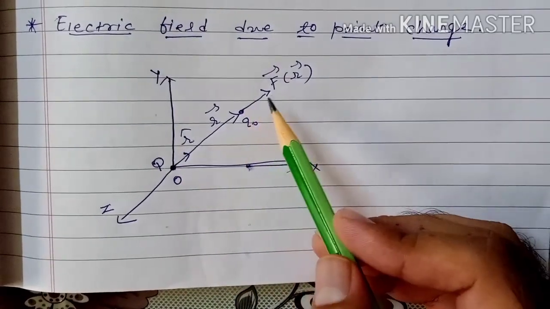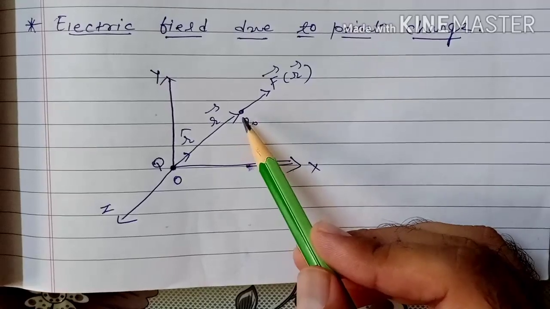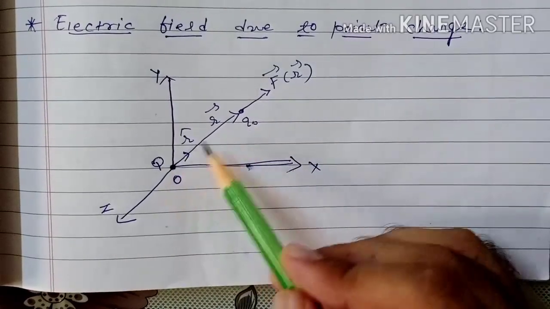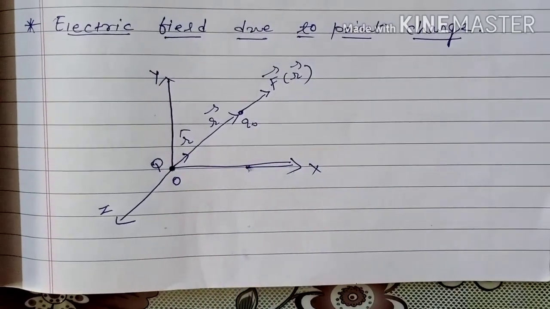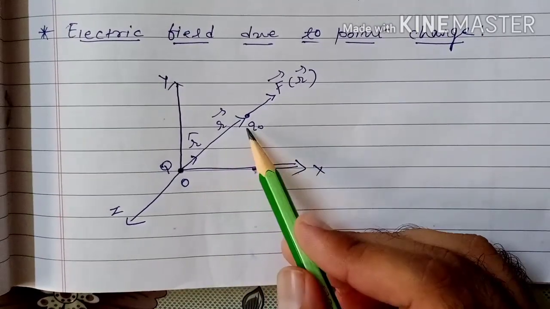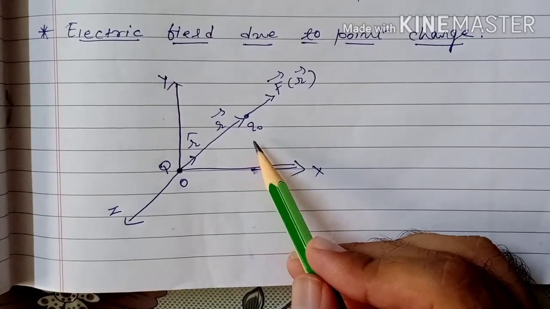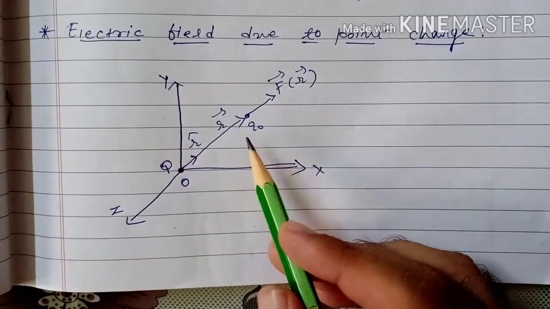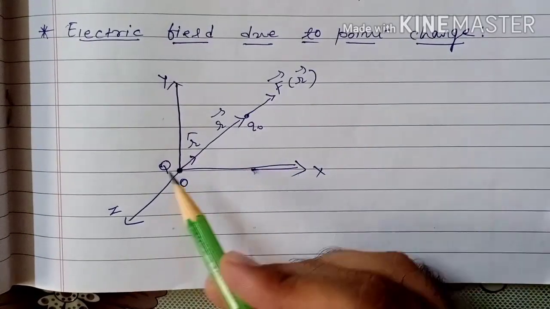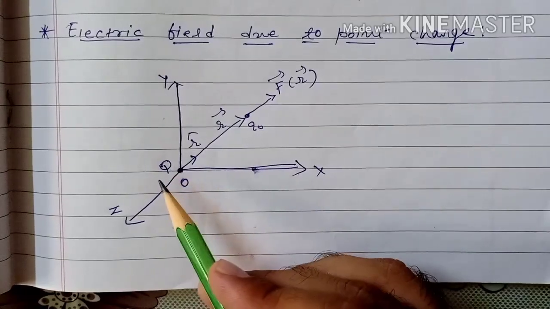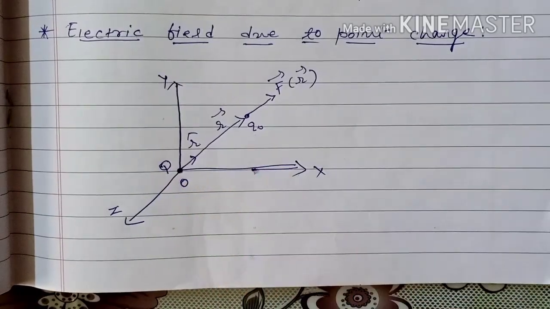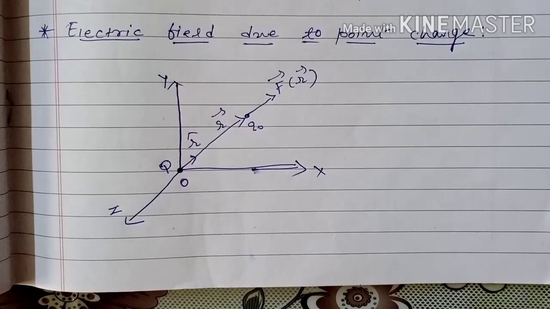So we are going to find what is the force acting on Q naught due to capital Q at a distance r. Okay. Test charge always we have to take positive. Here we have to consider value of Q naught to be very small so that source charge does not get disturbed. मतलब यहाँ पे इसकी पोजीशन में कोई चेंज आना चाहिए नहीं. Q naught की वैल्यू बहुत छोटी होनी चाहिए, वो हम लास्ट टाइम डिस्कस कर चुके हैं.